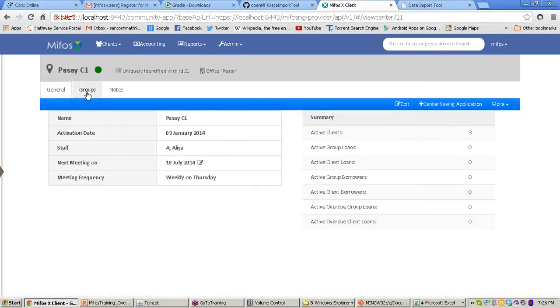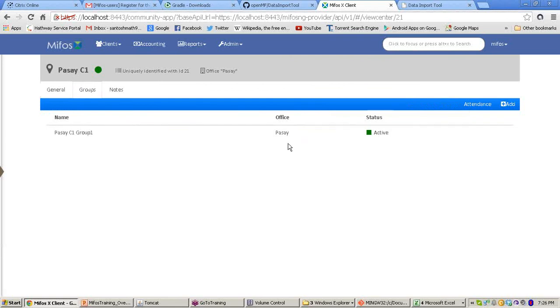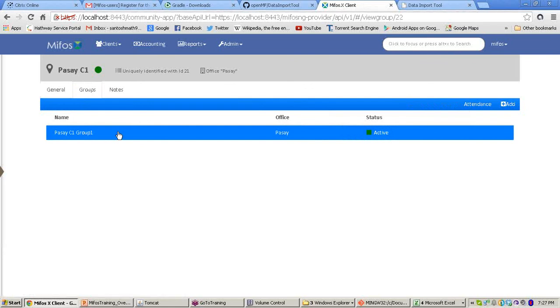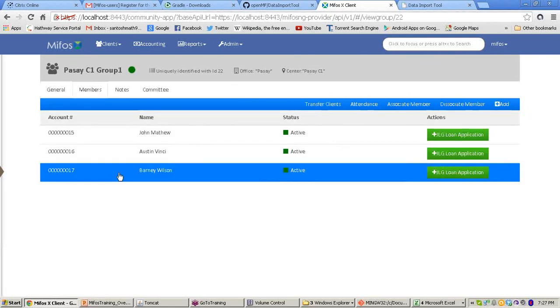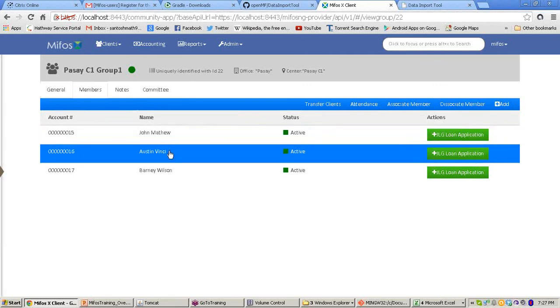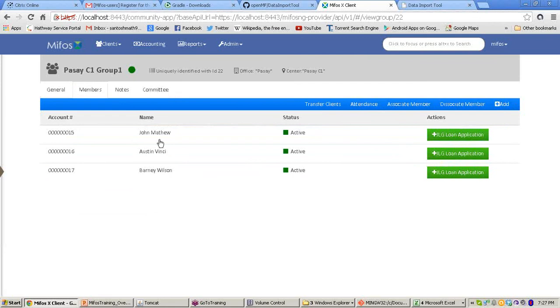Before this there were no groups. Here you can check that the group is actually created. And for this group you can check the members we have just added, that is John, Matthew, Austin and Barney. It is throwing some error, but the group is successfully captured in MifosX.